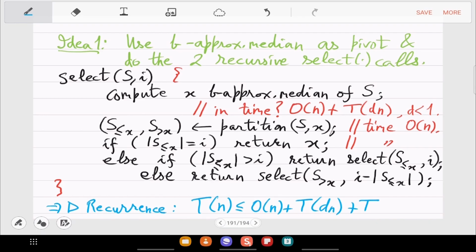The maximum you will spend here is (1 minus B)n. Just observe that. You either will call on B or you will call on 1 minus B. The bigger one is 1 minus B, so we overestimate. So this will for sure give you an upper bound on T(n). So tomorrow what we'll make sure is we'll solve the pivot X, we'll find that, and we'll make sure that d plus 1 minus B is smaller than 100%.